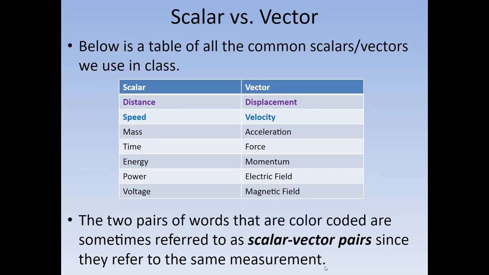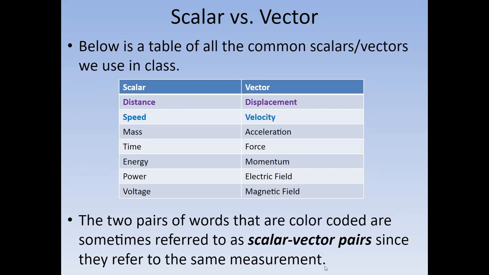In fact, for the most part, the vectors I listed on here are pretty much all of the vectors that are going to be covered in the AP class, with the exception of some of the rotational stuff I didn't put on here. But the scalars list is actually not complete. And in fact, anything that's not on the list that we end up discussing is most likely a scalar. So these are all examples: distance, speed, mass, time, energy. Those are all examples of things that you would not normally give a direction to, while things like displacement, velocity,